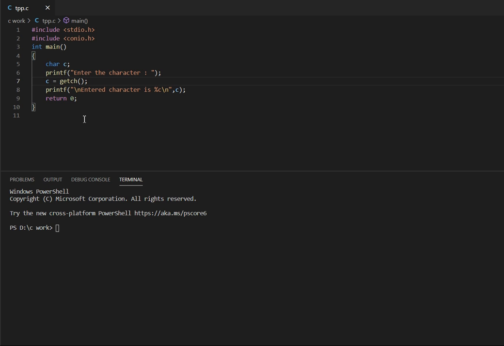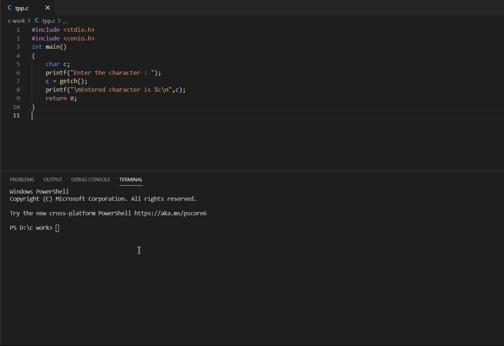In scanf function, if you don't remember, just go and create a small program and use the scanf function, and you will find out that after entering the input, whatever it may be, like integer or float or character, maybe a string, we are supposed to press the enter key. But in getch function and getche function we don't have to press the enter key. So that's the one main difference between these two functions.